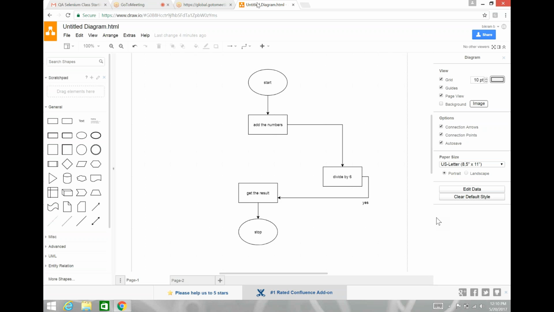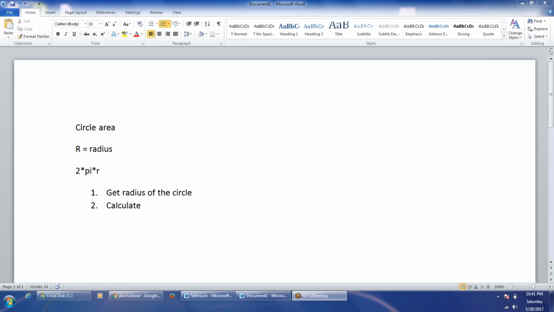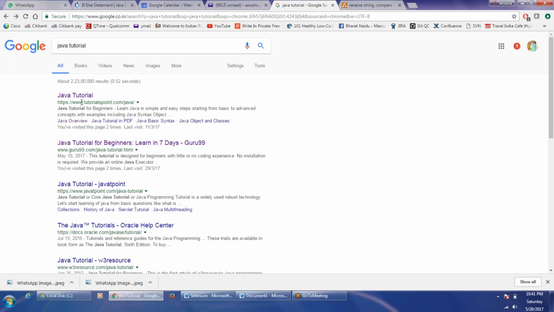In Java, these are called data types. It's your data, the numbers, the alphabets, whatever it is, that is what you're going to work with. That data has a definition. It is an integer, it is an alphabet, it is a symbol, like that. For all those we have different data types in Java. So if we go to the data types,